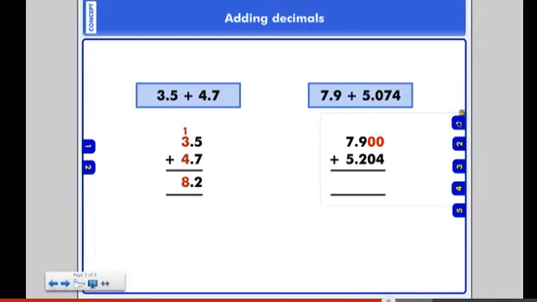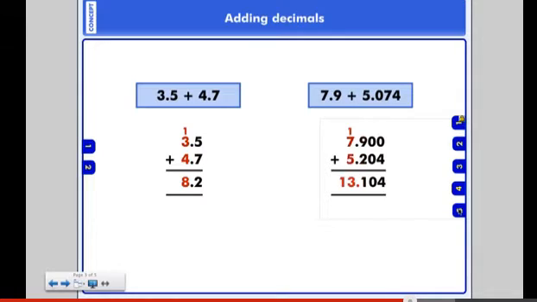Third step, add away. Go to the far right side, start adding your numbers. 0 plus 4 is 4. 0 plus 0, 0. 9 plus 2, going to need to regroup. Put down the 1, carry the 1 up to the top. And 1 plus 7 plus 5,